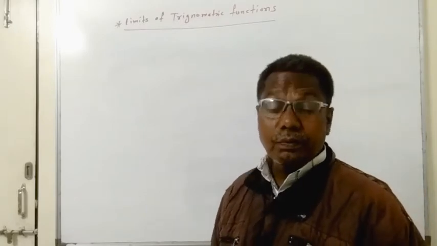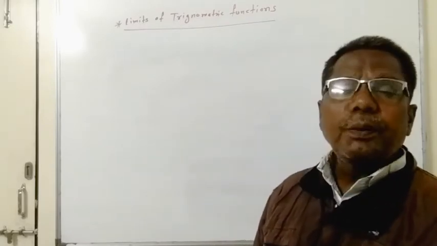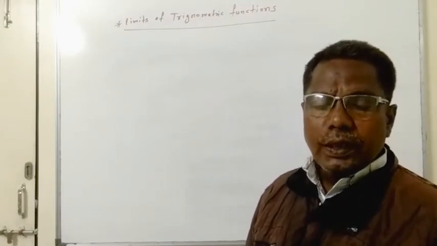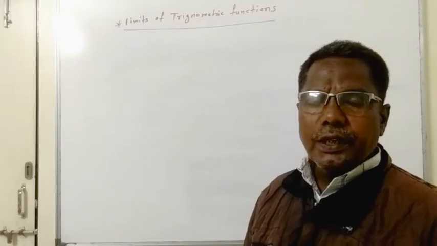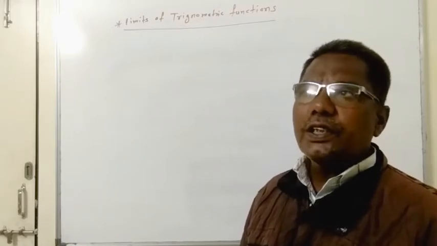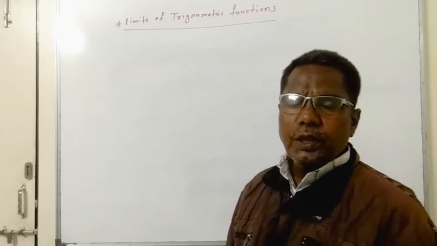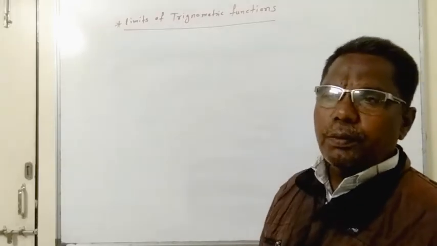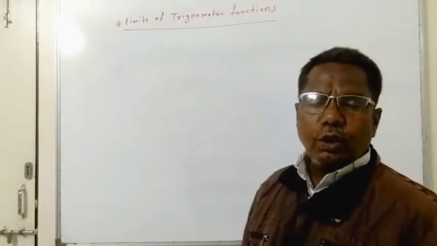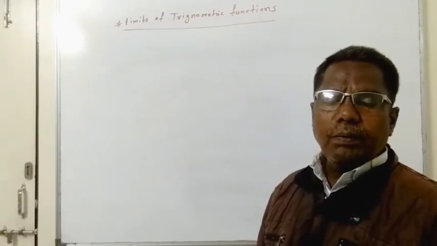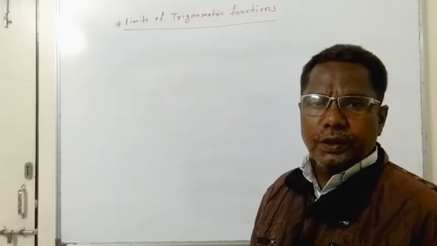And the fifth method is simplification. Here the example takes the form infinity plus or minus infinity. Here we factorize the numerator, denominator, etc. Taking the LCM, we simplify the example, and after simplification, by using the method of factorization or maybe the standard formula, and finally by the direct method, we evaluate the limit.